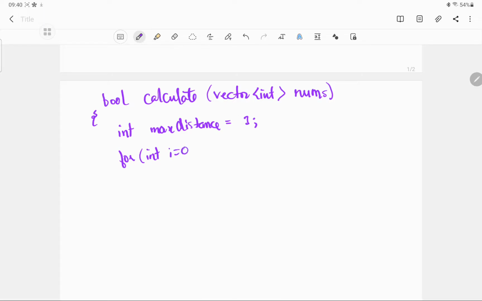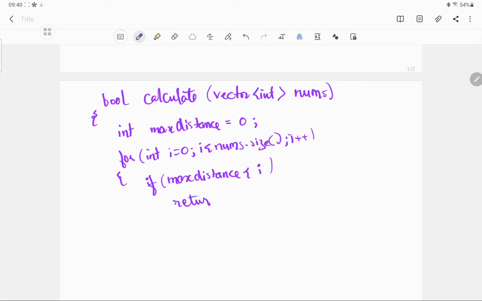So int I equals 0, I less than nums dot size, I plus plus. And what we will do is, if max distance is less than I, since it's my visual, let max distance be 0. If max distance is less than I, then return false because we are not able to reach I. Return false. Else,